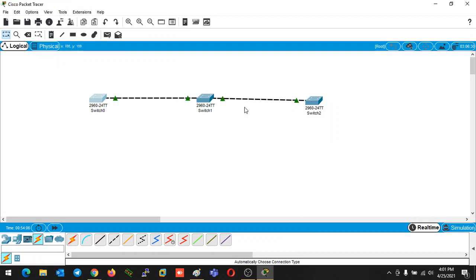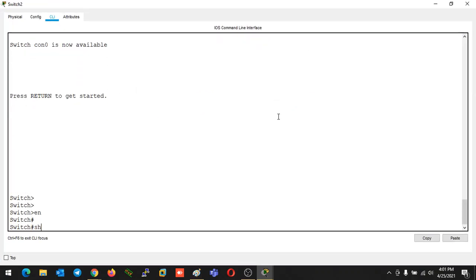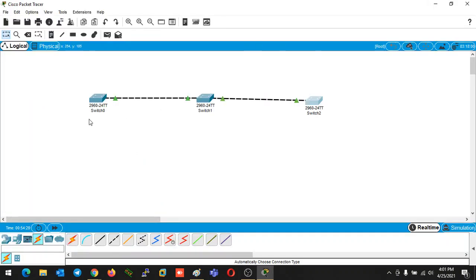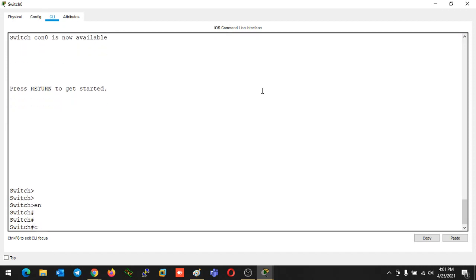if I am going to run the command, this is my client. On my client, if I am going to run show VTP status, so you can see there is no updater ID. By default, it will be 0.0.0.0 till the time you are not going to configure an updater ID. Okay. So till the time you are not configuring any updater ID, the updater ID will be 0.0.0.0. Where we can configure the updater ID? On our VTP server.